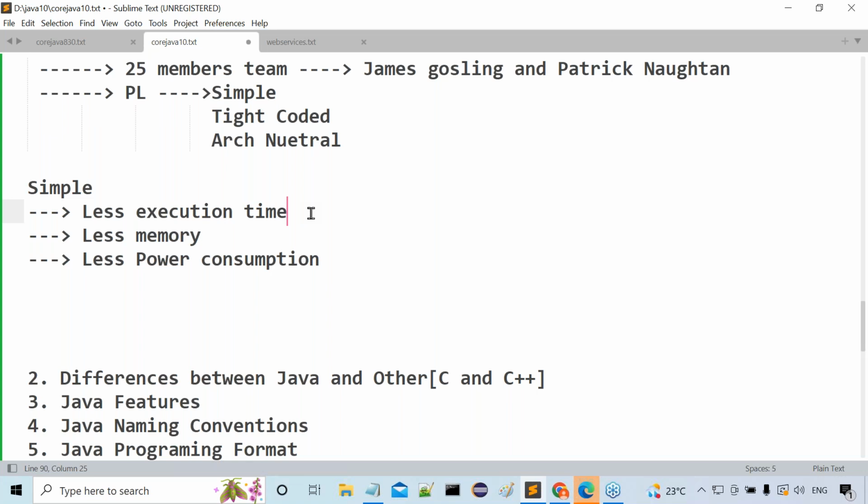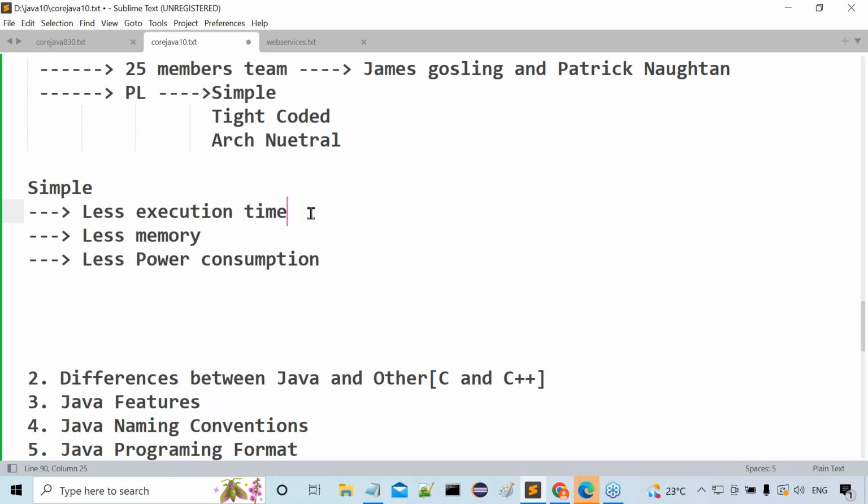If the memory components are increased, the size of the memory is increased, automatically the cost of the end product is increased or not? Because of this reason only, Sun Microsystems wants to prepare their programming language with less memory. Less memory, less cost for the end product. More memory, more cost for the end product.